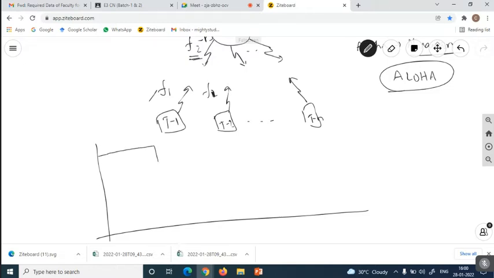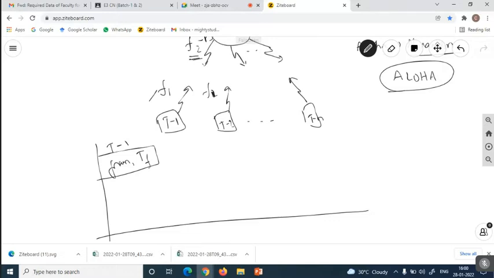suppose if terminal 1 is sending one frame, and let's take that the amount of time taken by this frame for the purpose of transmission is tf, and another terminal is also going to be sending another data. But when this particular terminal is sending another frame towards this particular source, at whatever time it wishes to transmit, at that time this terminal may start its transmission. Why? Because it's a random access,